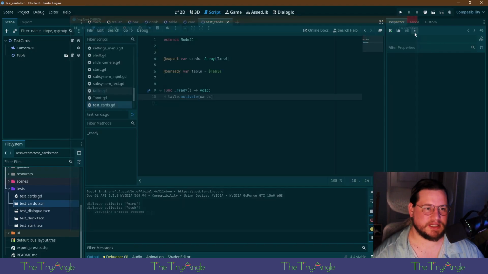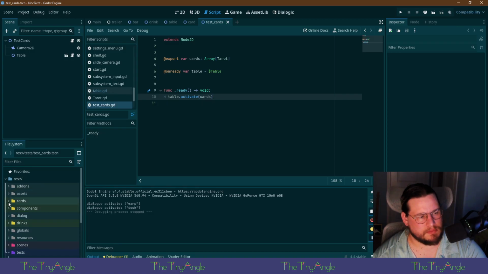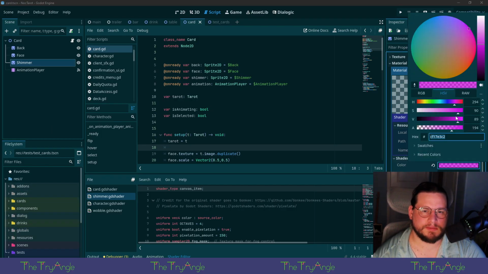It does feel very light. Oh, there you are. Maybe more vibrant. Brighter.